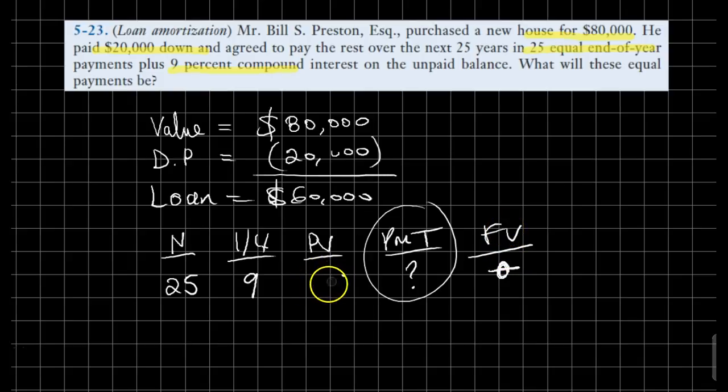However, the present value of the house should be entered here, right? That's the present value, and that's it. Because it's as if we are receiving this cash payment from the bank, and that's the amount that we need for financing the house. So therefore we compute the end of year payments, and they come out to be